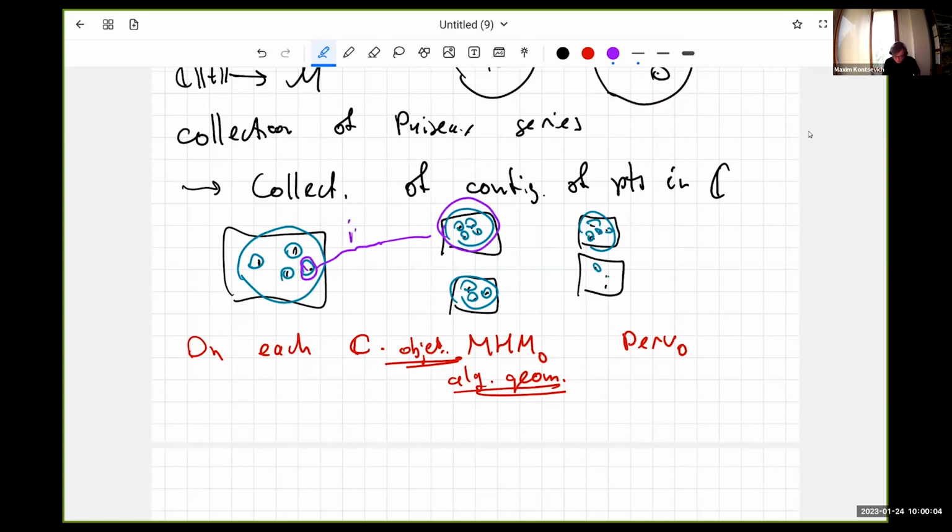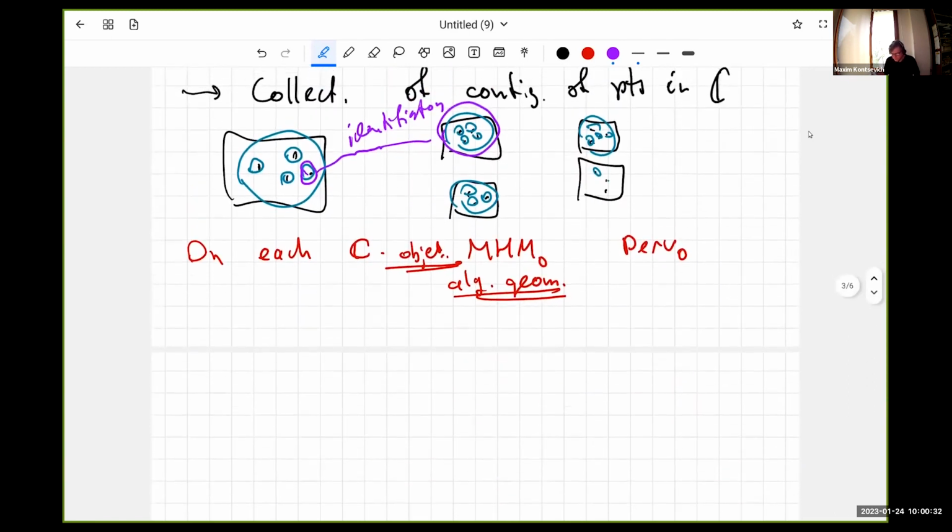It will be an identification. So that story is a little bit more complicated than just one perverse mixed Hodge module on C, but many of these modules, with certain isomorphisms of large and small, and to prove this simplification of spectra,